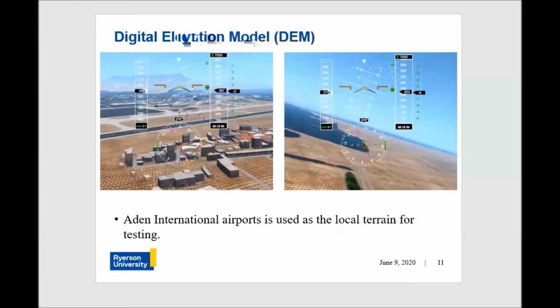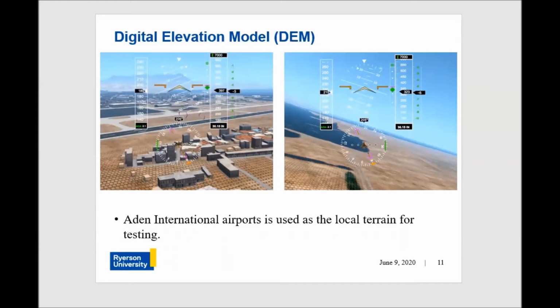So the digital elevation model used for this project was the Aden International Airport, situated in the city of Yemen. This was a local terrain used throughout the flight test. And the pictures shown here show a sample of the digital elevation model used, which is superimposed on top of the symbology. And in order to reduce computational requirements, man-made elements like buildings, roads, and trees were stripped from the terrain. And this also helped in reducing computational lag,